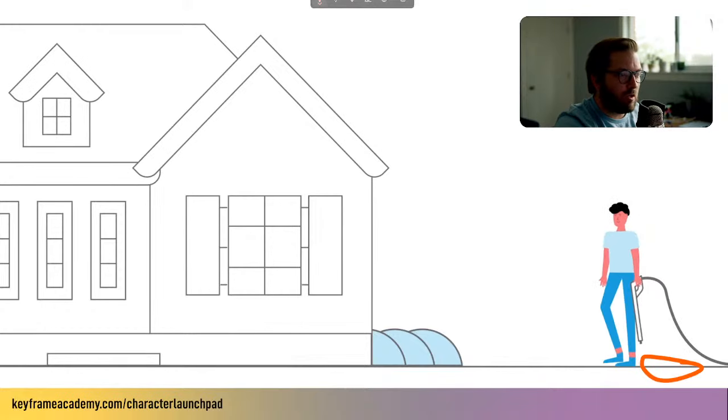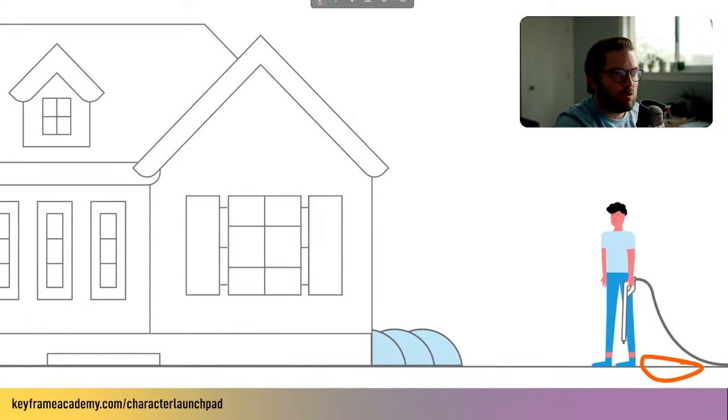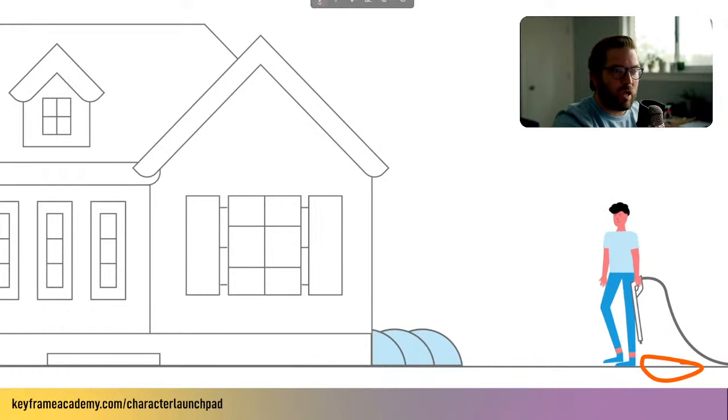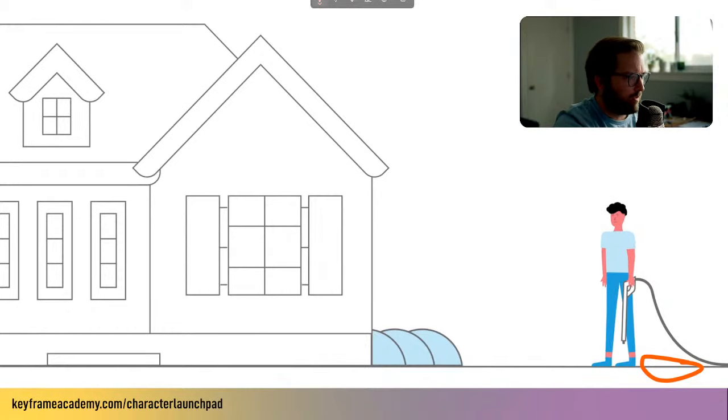There's a lot of tutorials on YouTube. They teach you how to do just a walk cycle loop where your character's just looping in the middle of the screen. And then people take that and pre-comp it, put it in another composition, and then keyframe the position of that pre-comp to move across the screen. But what ends up happening is that the feet don't actually plant themselves on the ground like they do here. And again, this is something that I cover in my course about how to do this. We'll actually open up this project file, and you guys will get to see exactly how this works. Anyway,